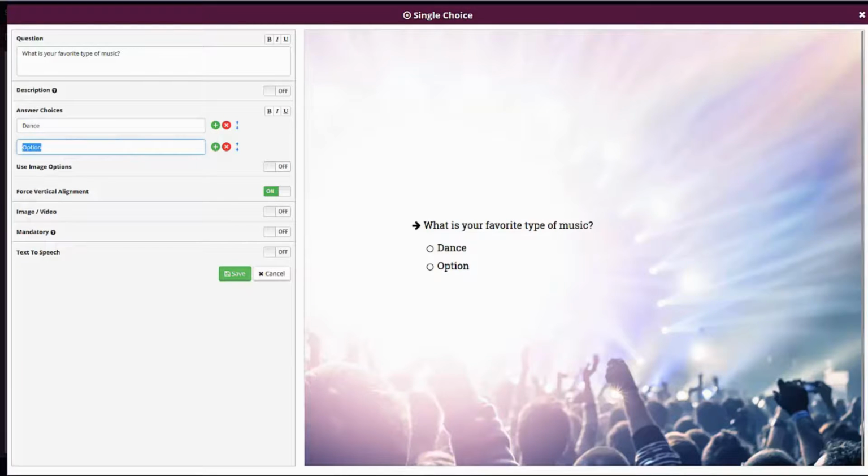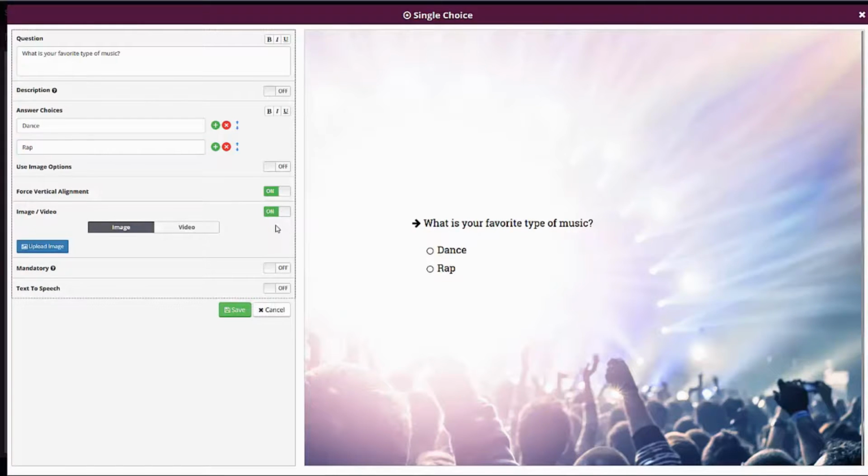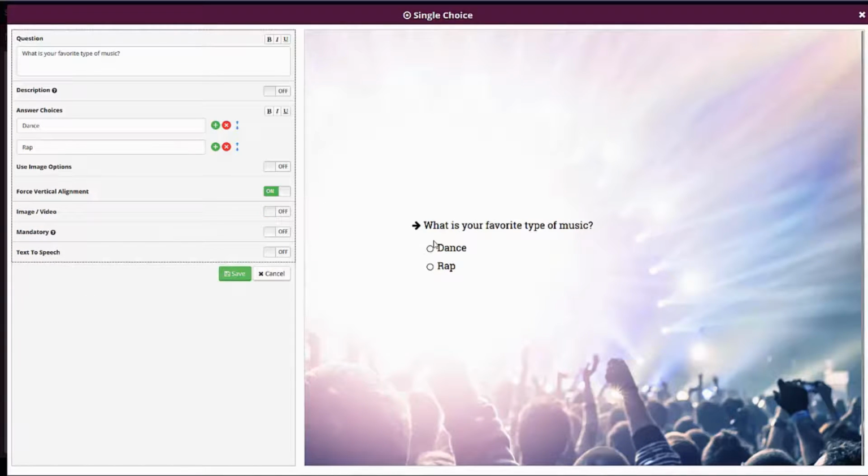And we'll just give two simple answers here, dance and rap. Now you can turn on lots of different options here. If you turn on the image option, that means you can add upload image icons for the selections instead. Let's leave it as radio buttons for now. You can make the question mandatory, so they have to answer it, and again you can turn on text to speech. So we're going to save that,